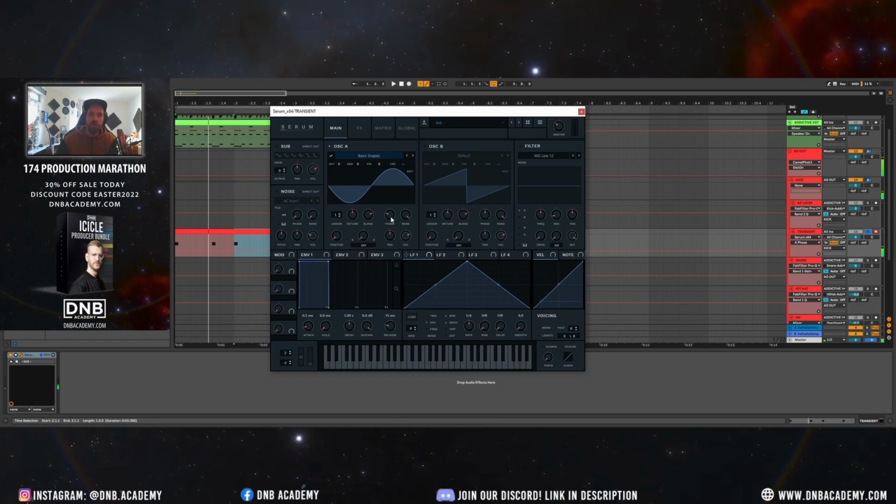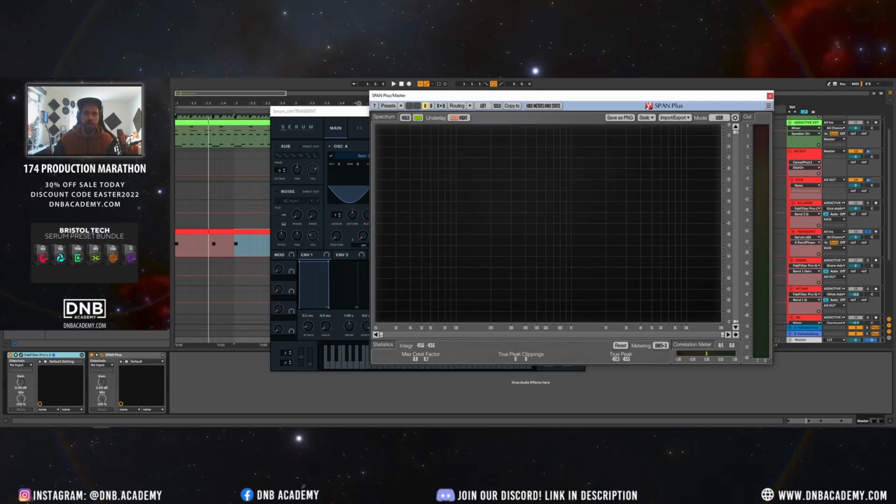So I'm gonna give you an example. Let me just put it one octave up, and try to listen to it. And one other thing is the random phase. We need to put it all the way down because we want consistency. So we want the phase to be exactly the same every time. Look at the difference. As you can hear, and you can actually sort of see it,